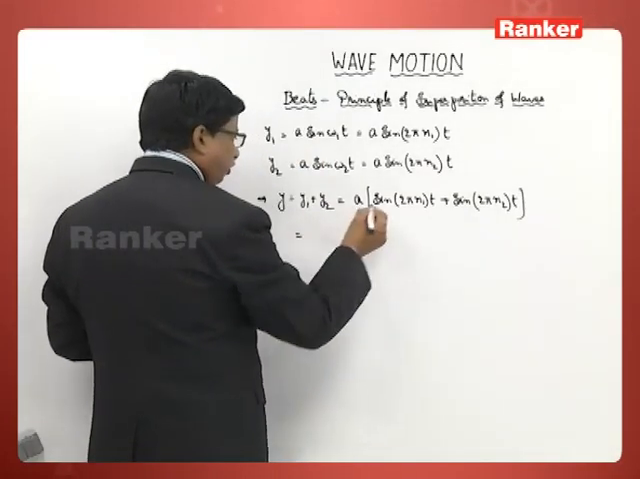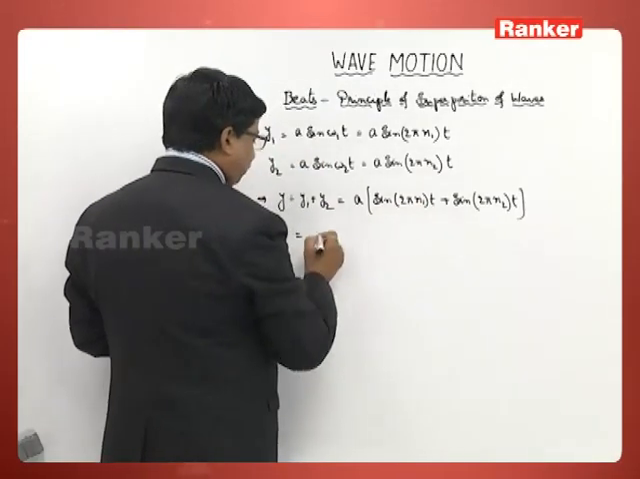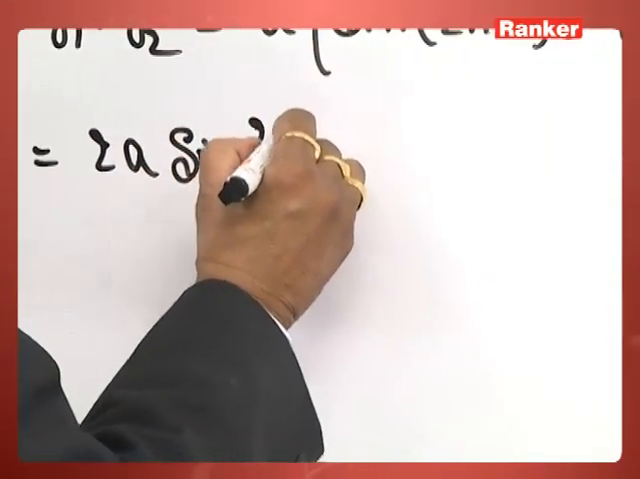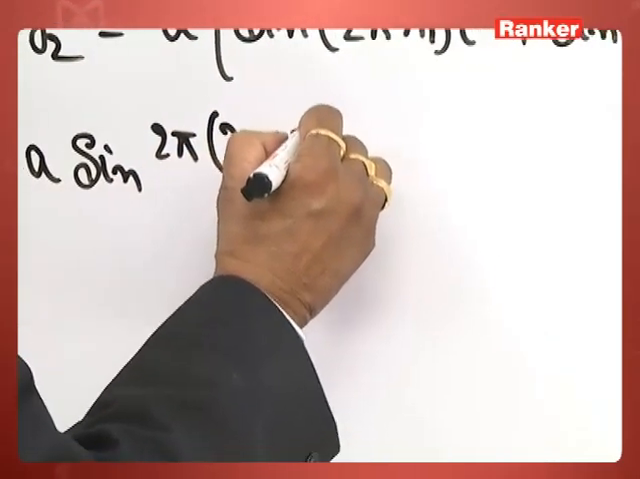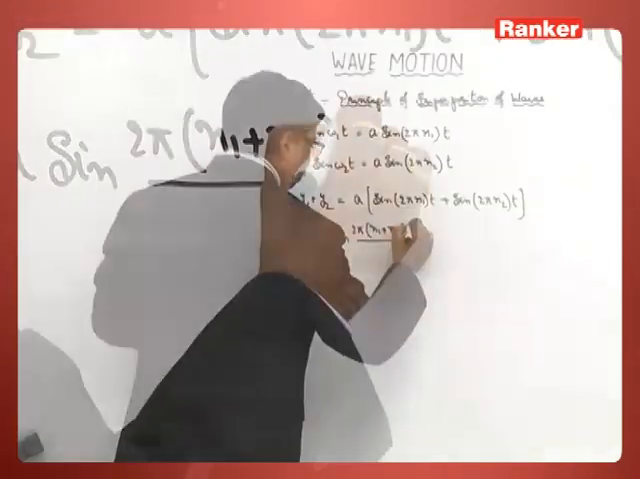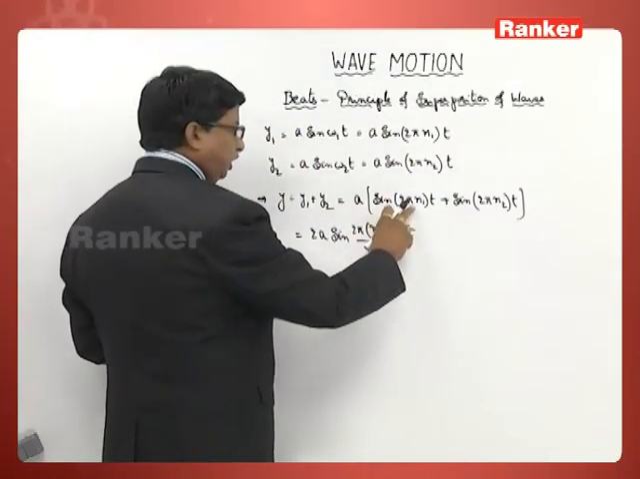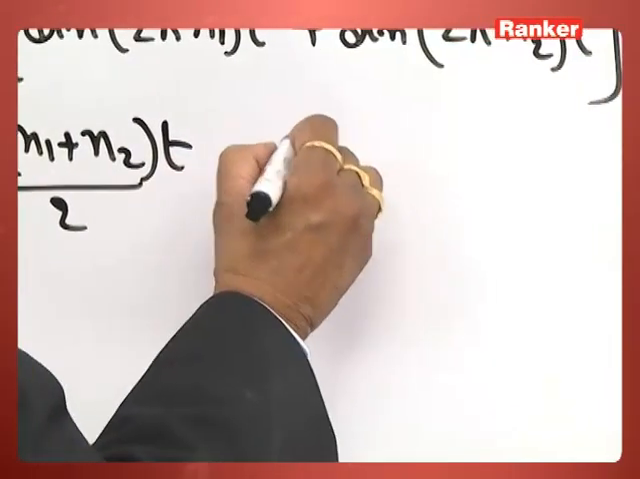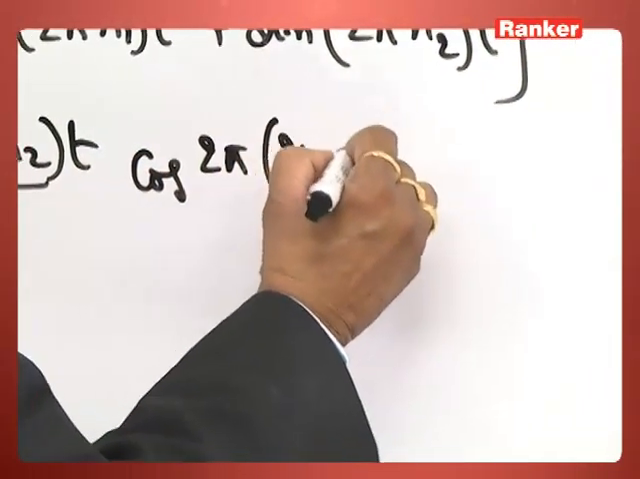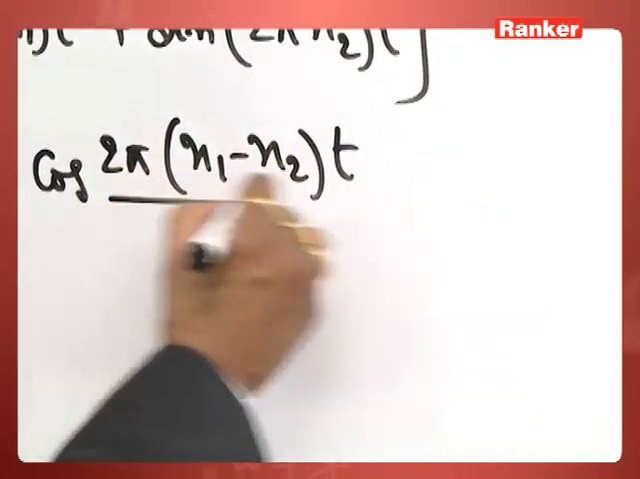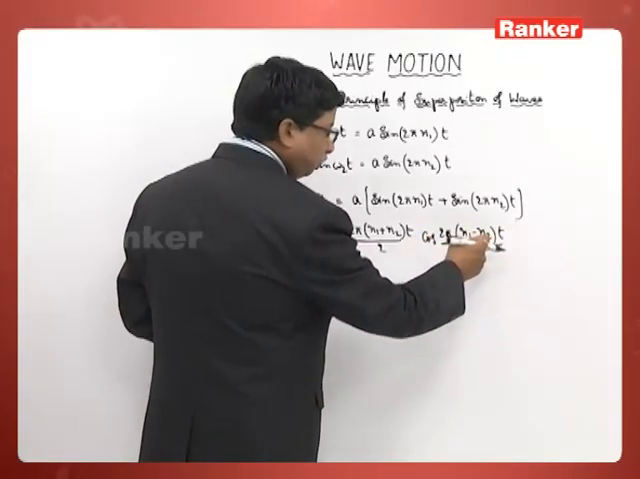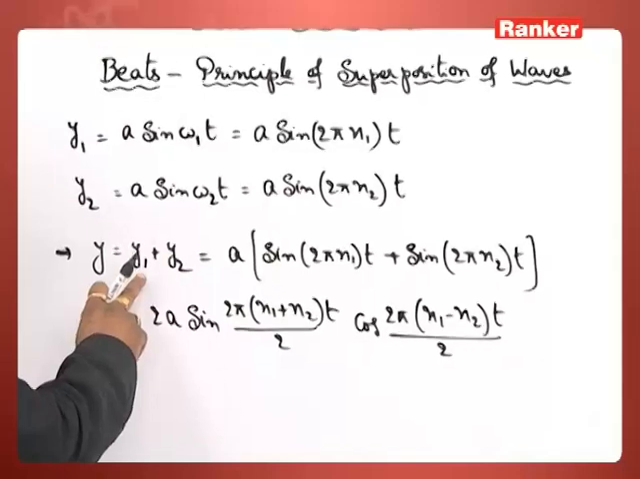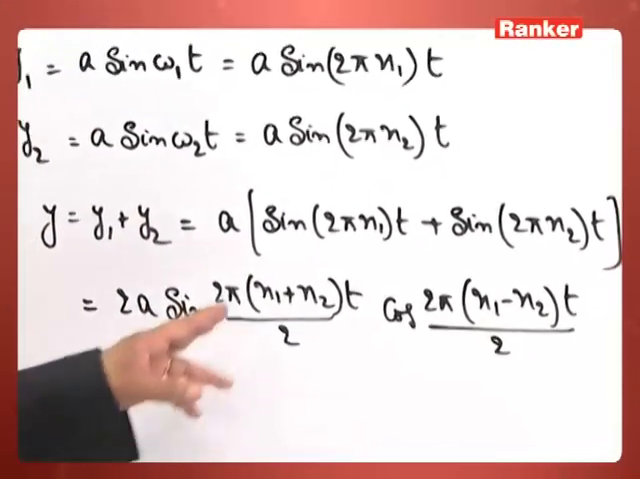Mathematically, when we expand sin c plus sin d, it gives 2a sin 2 pi into n1 plus n2 into t by 2, sin c plus d by 2, into cos 2 pi, you take common again, c minus d, cos 2 pi into n1 minus n2 into t by 2. So when we want the resultant displacement, which is the sum of these two individual values, then